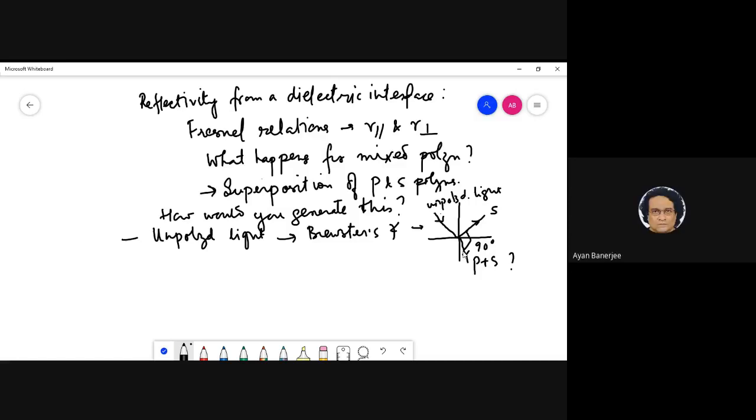Sir, I'm not sure. The picture given on Wikipedia says the incident ray is unpolarized light. They have specifically mentioned that the reflected and transmitted rays are polarized. Let me check. If you search Brewster angle and open Wikipedia, you'll see the first picture. I can put it in for the class if I can download it. Brewster's angle, incident ray, yeah, that is what they say.